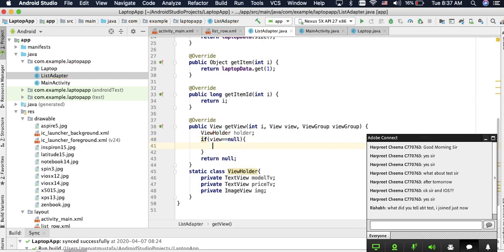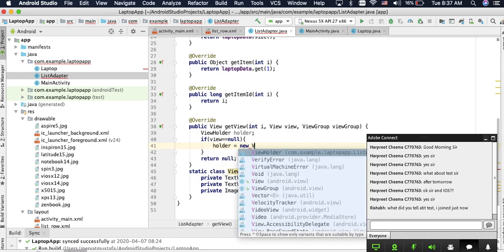If we don't have a view, we need to create the view. So to create the view, it means we need to initialize these objects and match them with the objects in the XML file of the list row. So let's create the object holder equals new view holder,